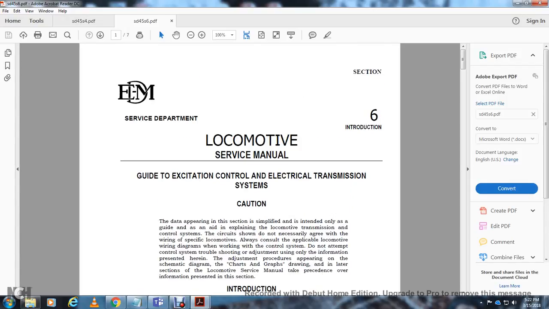Alright, Electric Motor Division, Service Department, the Locomotive Service Manual, SD45, Section 6 Introduction. Service Manual with the guided selection control, electrical transmission system. Caution: